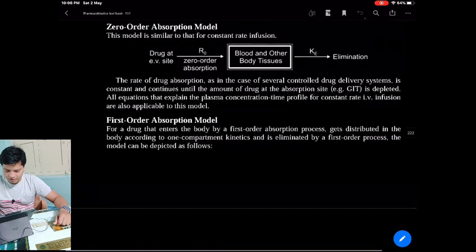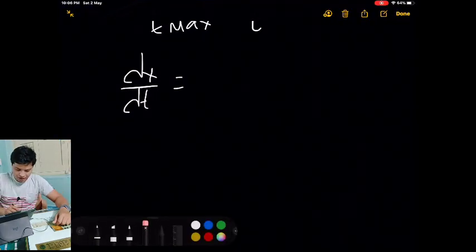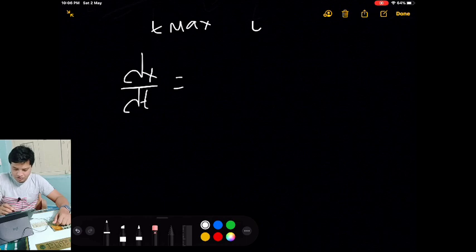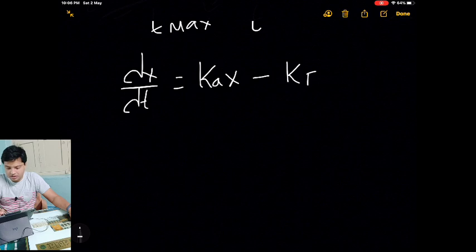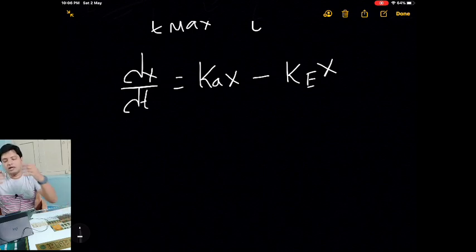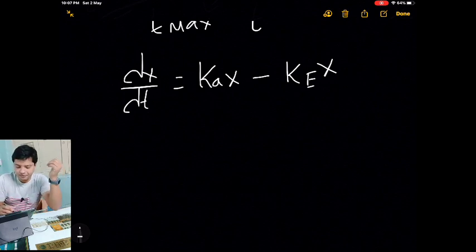So first order elimination, we will write like this. Rate of change of drug is directly proportional to absorption of the drug. Ka means absorption rate constant, minus elimination rate constant Ke. If it is following first order, you need to write like this. If you try to integrate this whole equation, by taking time on one side and concentration or amount on one side, and if you integrate,